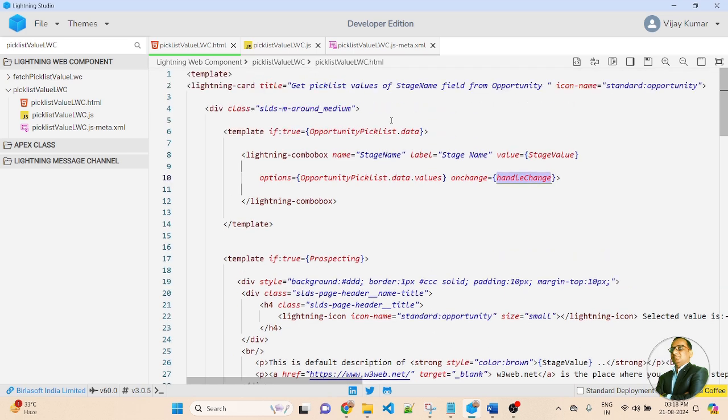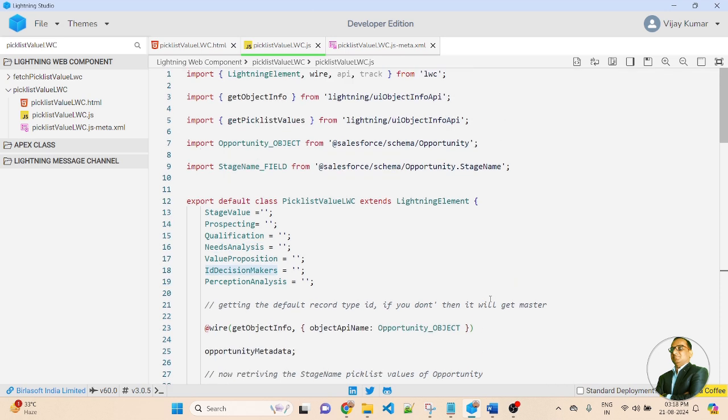So now let me move on to the JavaScript file. This is a JavaScript file. So friends, in the JavaScript file, first we need to import. If you want to import the picklist value without writing an Apex class controller, we need to import a library. So you can see first I am importing the getObjectInfo variable, and this is from the UI Object Info API library. Based on this library, we will fetch the picklist value from the object in Salesforce. So here I am importing the UI Object Info library, and this is getPicklistValues.